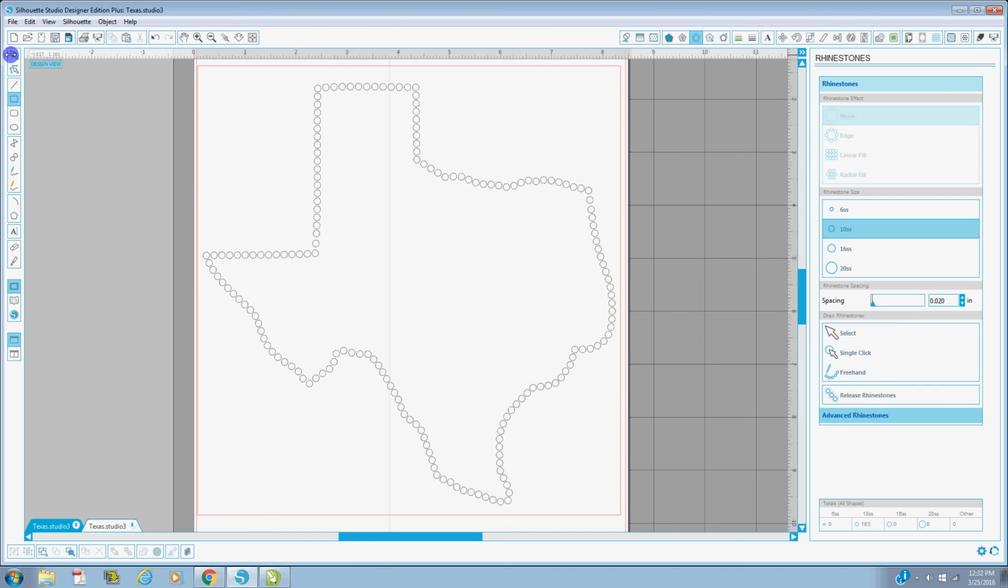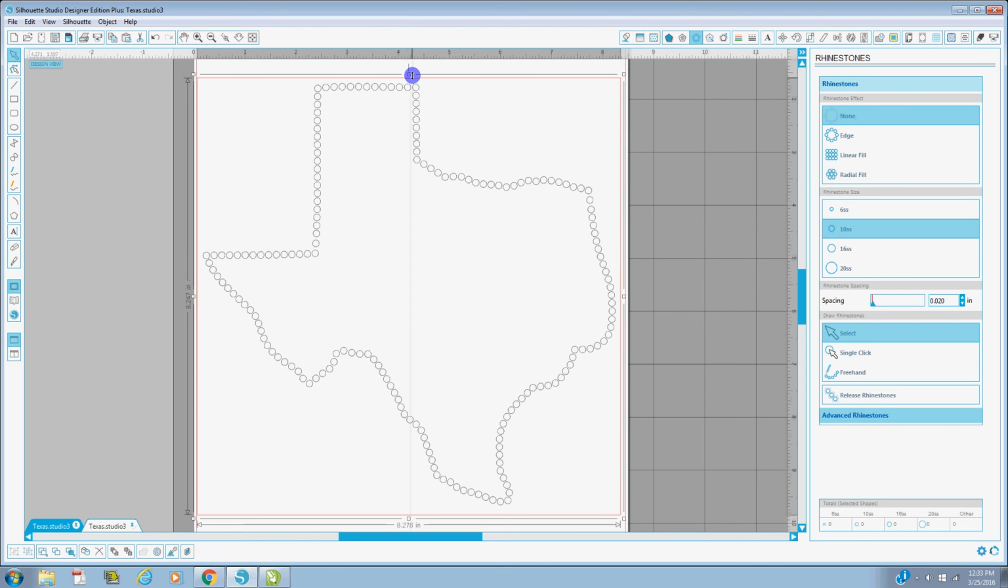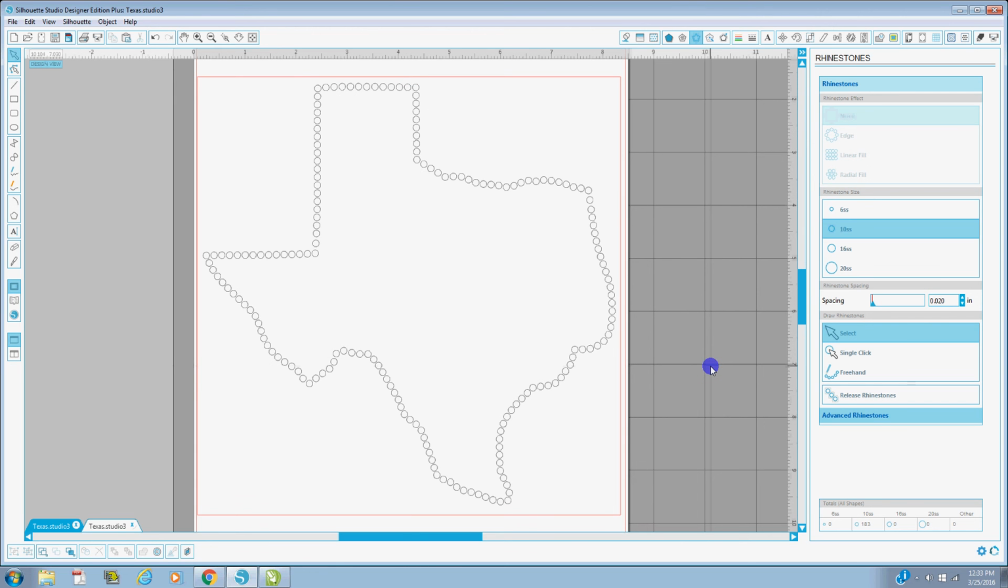I don't need my lines too far away from the design, so I can select that box and bring it in a little bit closer to where my rhinestones are, and then I'm all done. That really is all that's needed. It is that simple. My rhinestone design that you see here on the screen is actually ready to be sent